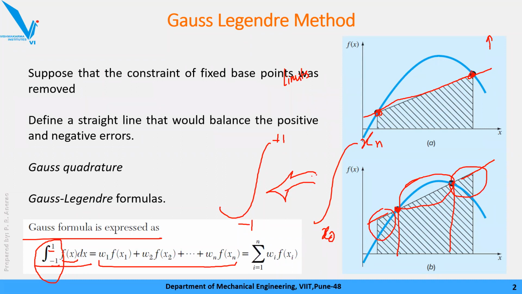Okay, now the method which we are going to see here, it will do it effectively. Also, it will reduce the computation effort. That's why Gauss quadrature methods are used in many software to calculate the integration. It requires fewer spacings, less time, and less calculation. So compared to the Newton-Cotes method, Gauss-Legendre's methods are preferred.